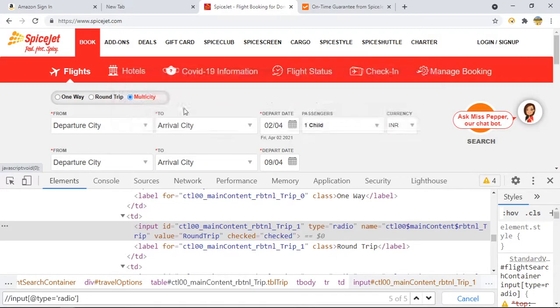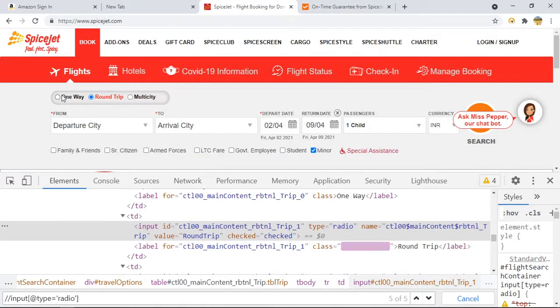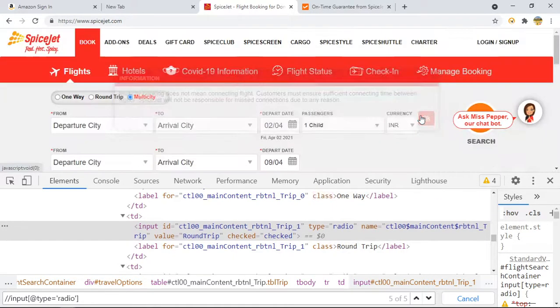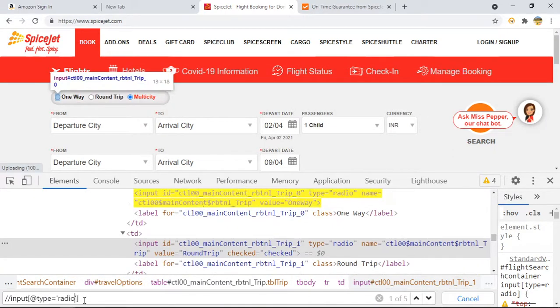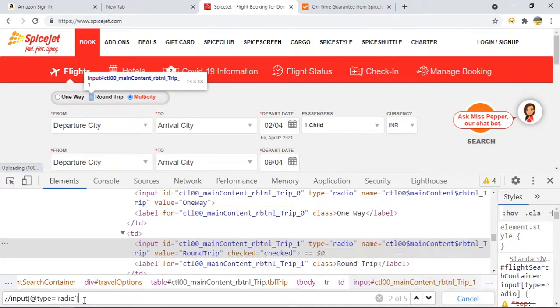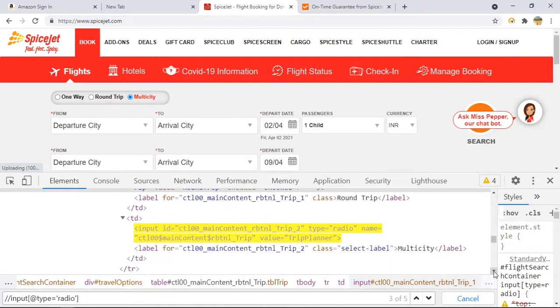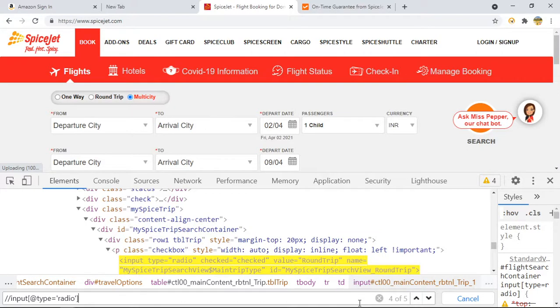Okay, if I choose this one, again 1, 2, 3, where is the fourth one? Fourth one is somewhere here.